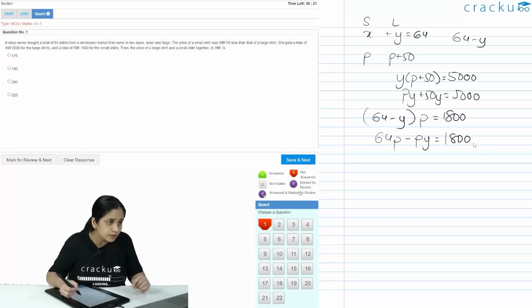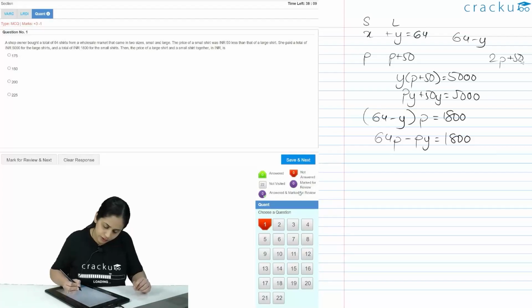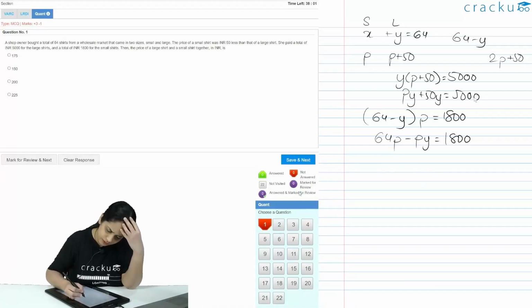Put both of these values over. So I need basically the price of, so 2p plus 50 is what I need essentially. I need to find p. How would I find p? 64p minus py is equal to